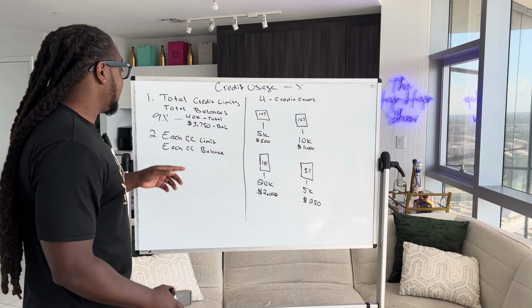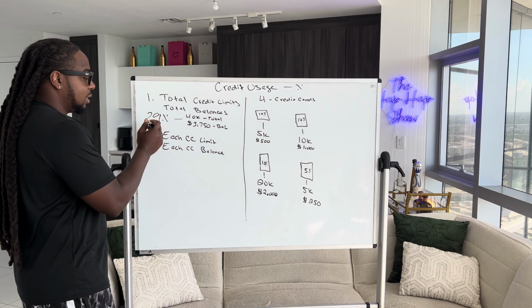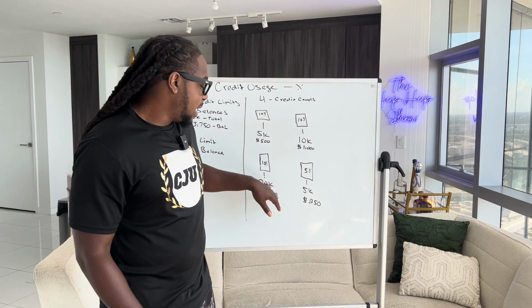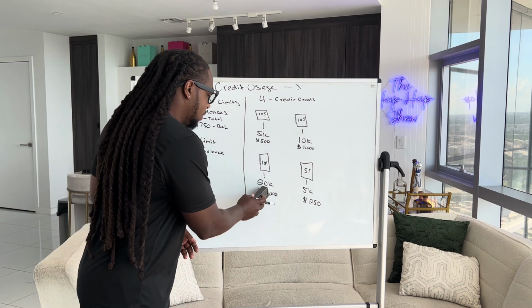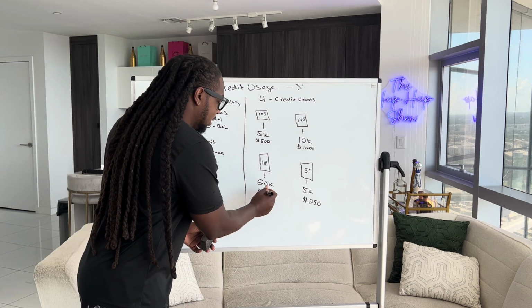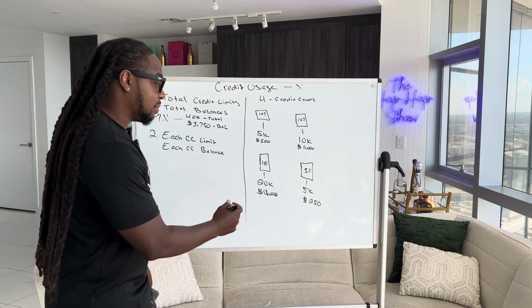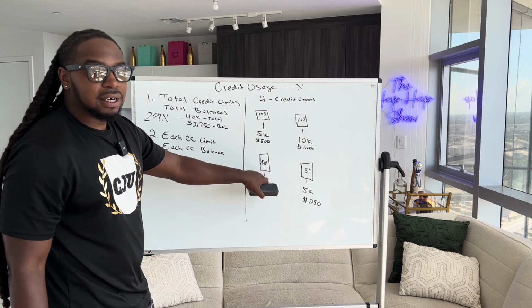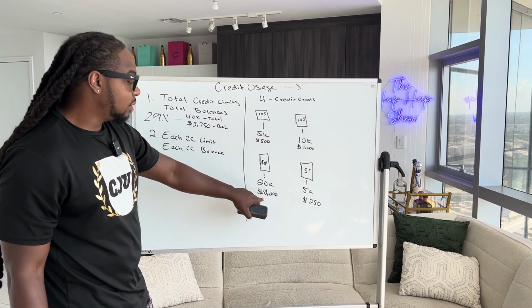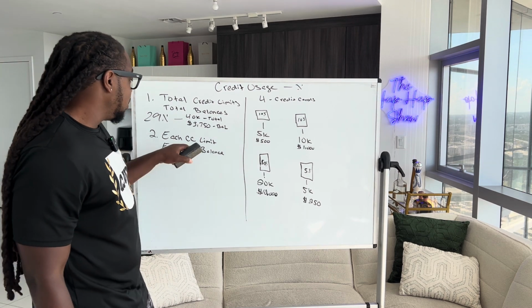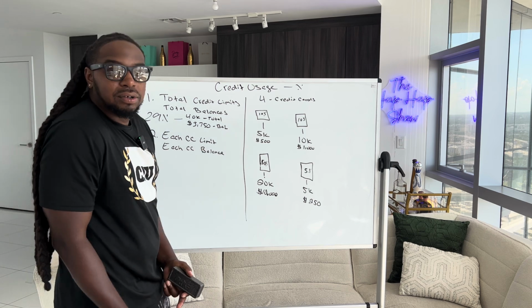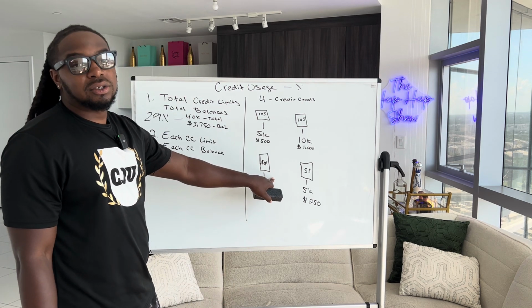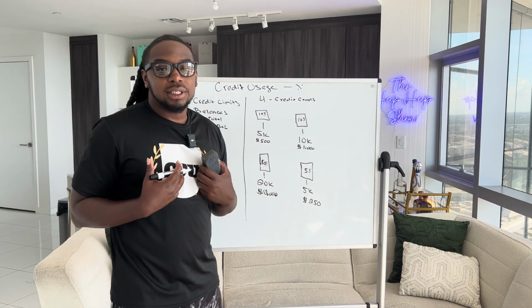But if you spiked it back up to that 29%, then the bank going to be like, that debt right here, at 10K, that's a little, they going to be kind of looking at that one. They're going to be like, ooh, these look good, but they're going to be staring at this one. Like, oh no, this debt a little high. Now you thinking like, damn, but I still can't get funded, CJ. I still can't get funded these low. Get this one low too. That's why I preach